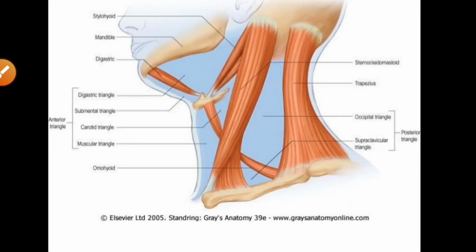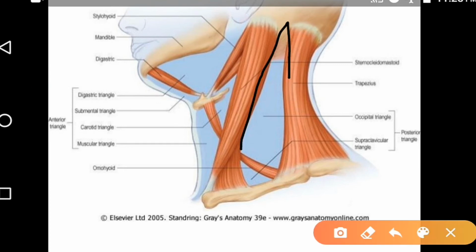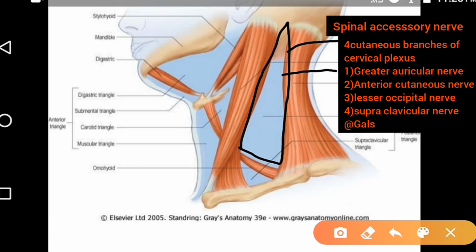So what are the contents of these triangles of neck? Well, these triangles of neck have important nerves, blood vessels, and lymph nodes. That's why they are important. So let us first see the nerves present in the triangles of neck. In the occipital triangle, there is an important nerve called the spinal accessory nerve, and it also has four cutaneous